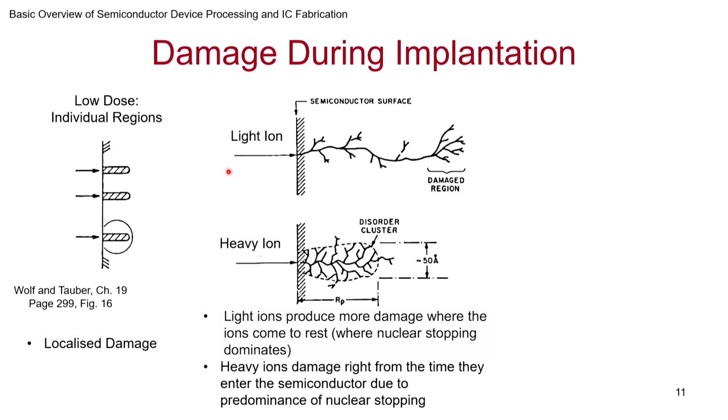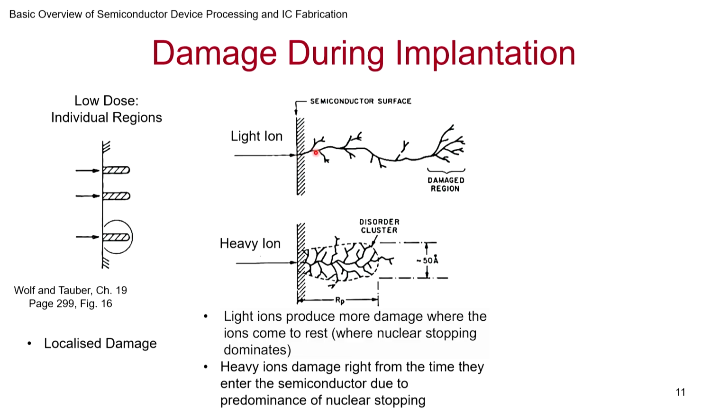So light ions, what happens? Remember that they are typically stopped by electrons. That means electrons will not be damaged, because if they are moved away, they can always come back. They are very much mobile, right? The lattice nuclei, the nuclei of the atoms present in the target, if they move, that's damage, correct? So you will find that along the pathway there will be some damage, and most of the damage will take place towards the end, where the velocities are less, and remember that electronic stopping is less at lower velocity, right?